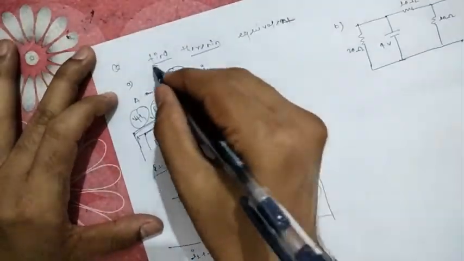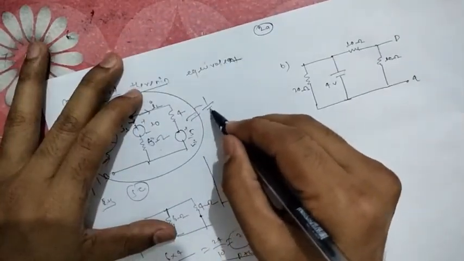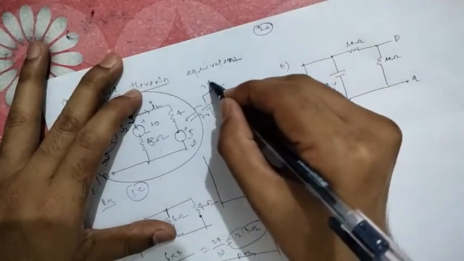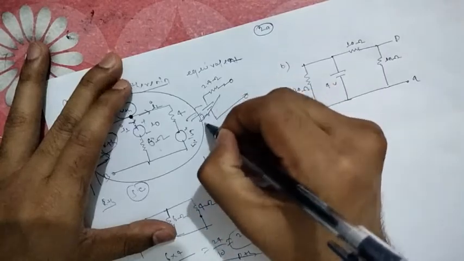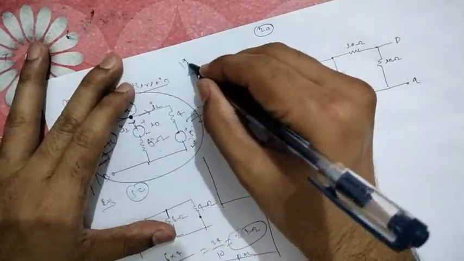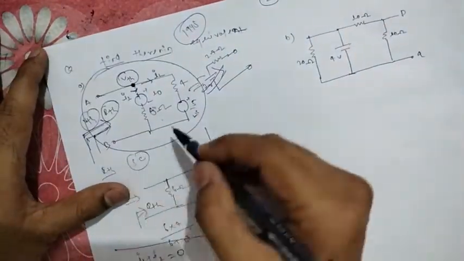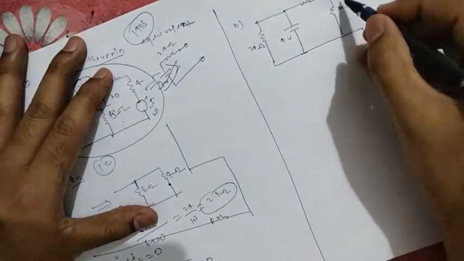Now this whole circuit can be reduced to a VThevenin of 7 volt and a resistance of 2.4 ohm. This is one of the great problems that was asked in 1998. Now this is how we can easily solve this one. Now we are going to move across to the next problem.